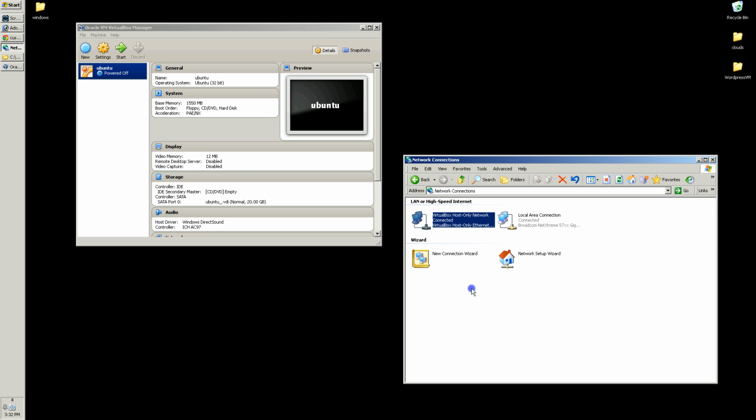And right now, these two connections, your main connection and your Virtualbox connection, aren't talking to each other. And so in order to have our Virtualbox virtual server, which is what we're about to start with Ubuntu, become network addressable inside our internal network, we're going to have to assign it a local IP address. Right now, it's running on a virtual IP, and it should be, if we were to start it